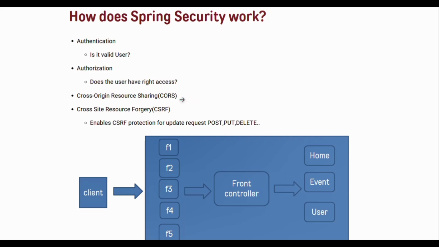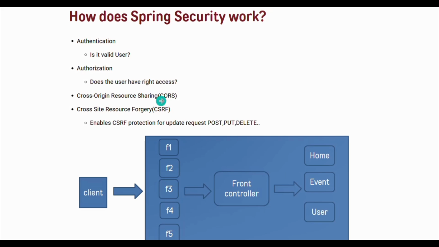To avoid this, in Spring Security we need to provide the CSRF token in the header. It enables CSRF protection for update requests: post, put, delete requests. We need to pass the CSRF token in a request header. We will see this in practical.